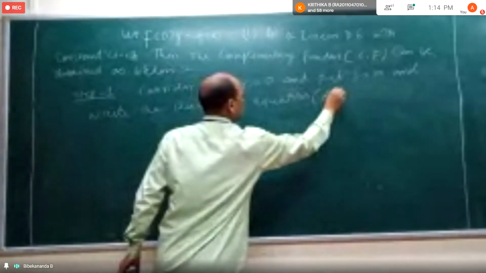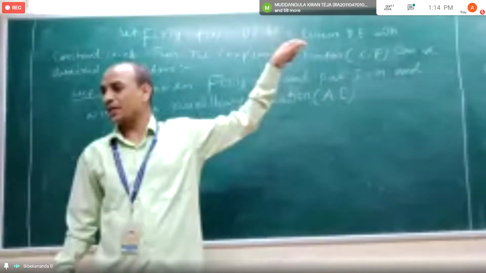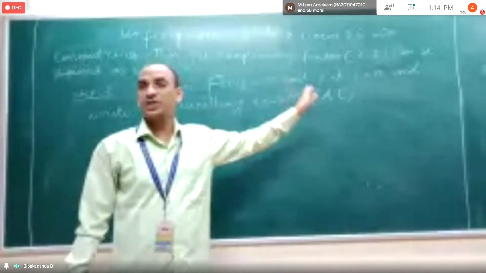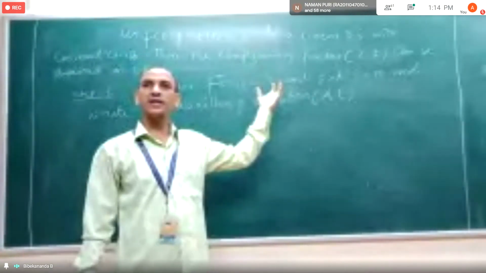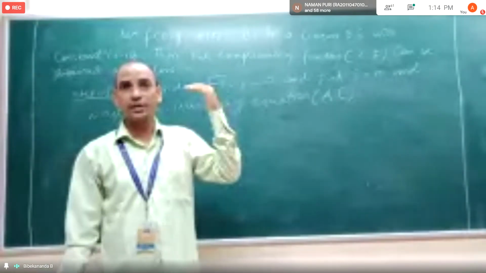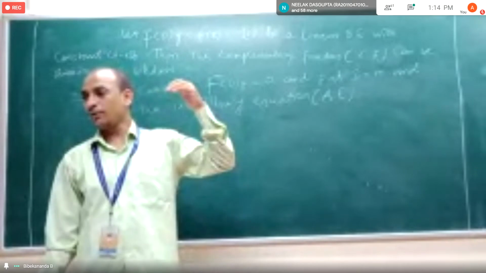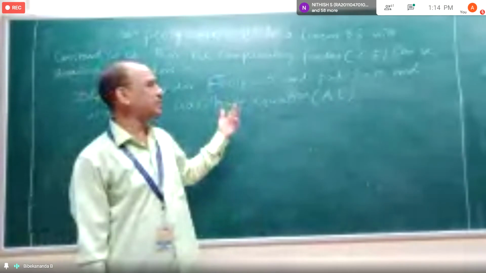Auxiliary equation, you can write AE. No need to write everything out. A stands for auxiliary, E stands for equation. Similarly, in case of complementary function, you can write CF. No need to write the full complementary function. Similarly, in case of particular integral, you can write PI. So hereafter, whenever I say PI, you understand it is particular integral. Say CF, you understand it is complementary function. And when I say AE, it means auxiliary equation.